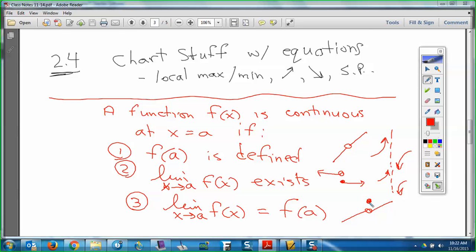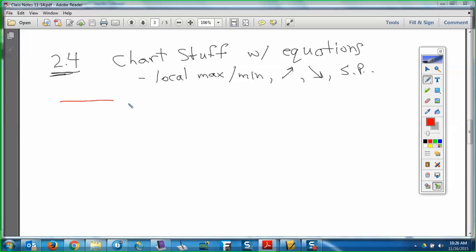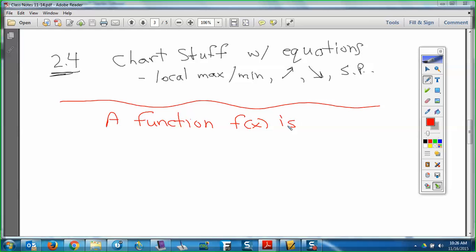So we had that written down last time. We've got those that we need to know. So if I give you a picture of a graph, we'll talk about one of those again later today. And then I guess the last thing I would say, if you want to write this down, is differentiable. Let's just put that in here, and then we'll go ahead and work on the homework. And as we go, we'll talk about how it connects to all these different things. A function f of x is differentiable